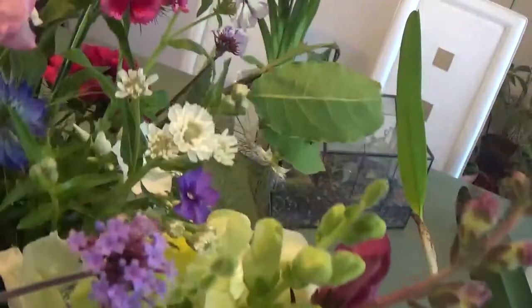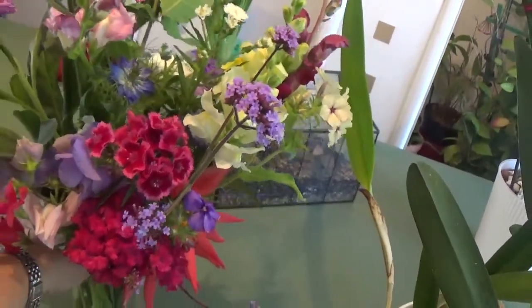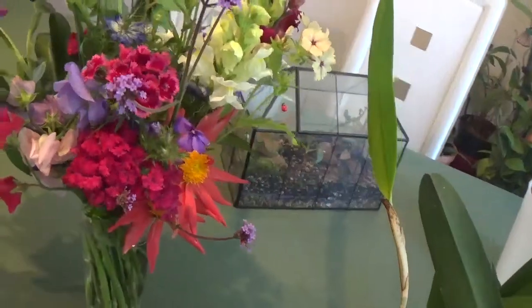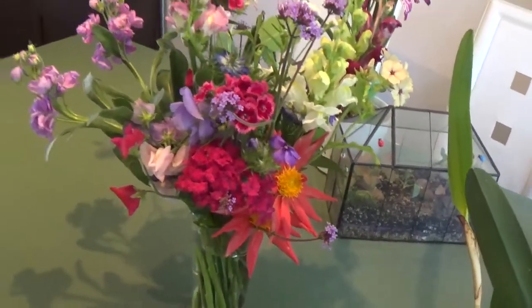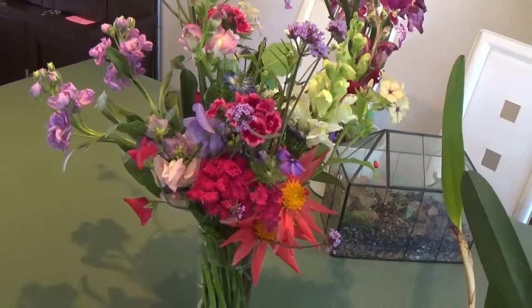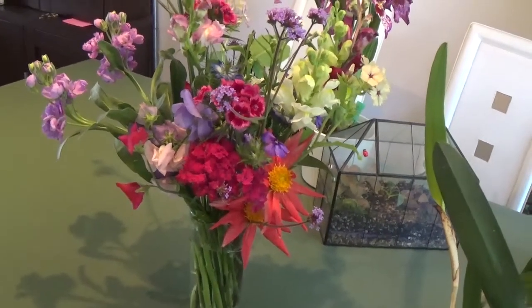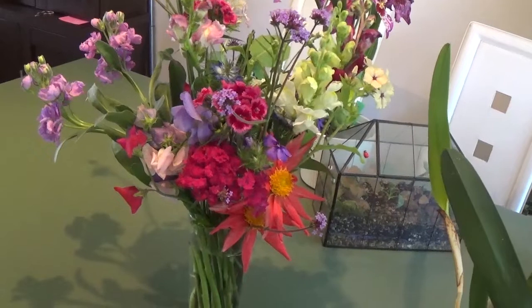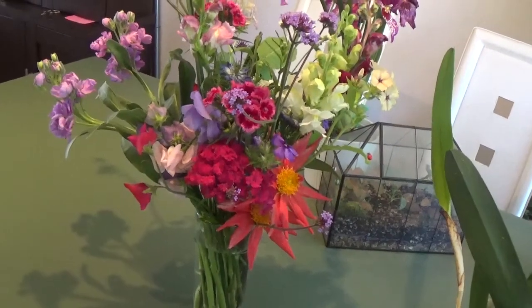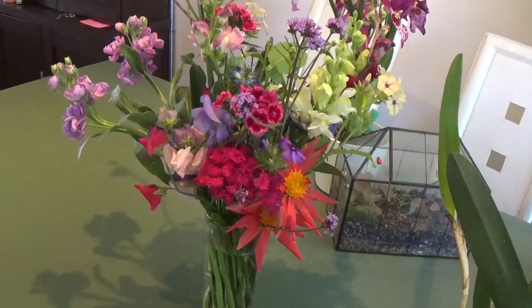I've got so much more to pick, and they're coming up every day, I can say, and I pick one big bouquet every few days, and still got so many to pick. So I'm loving this cut flower project that I did this year, and I'm going to update you in my